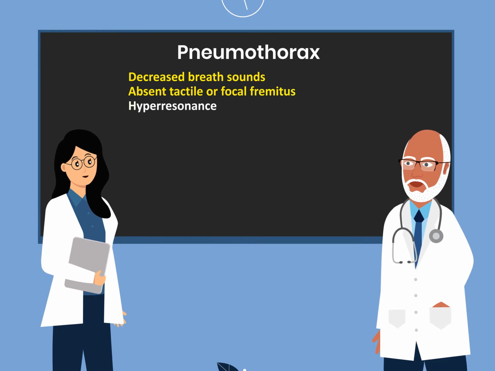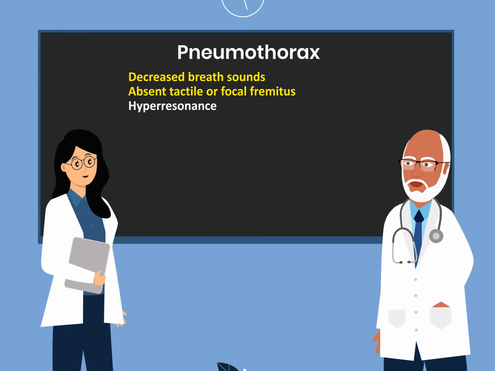According to the British Thoracic Society, a pneumothorax is small if the distance from the chest wall to the visceral line is less than 2 centimeters, and it is large if the distance is greater than 2. A distance of 2 centimeters or greater roughly correlates with a 50% pneumothorax. In the United States, on the other hand, a 3 centimeter distance from the pleural line to the chest wall is used to determine small versus large pneumothoraces.